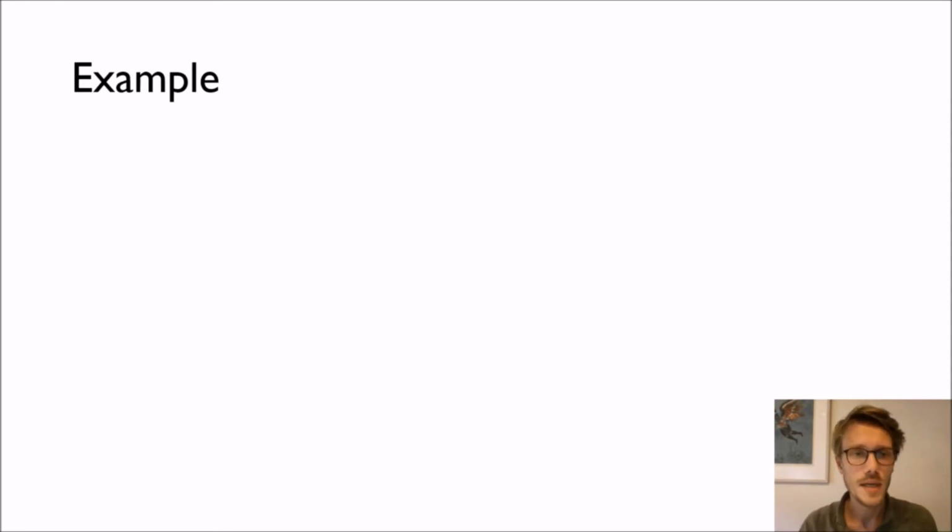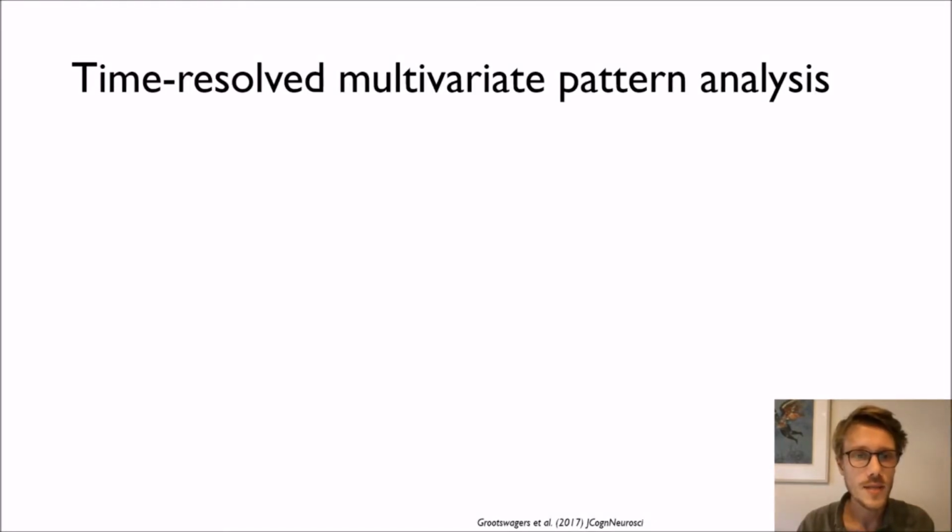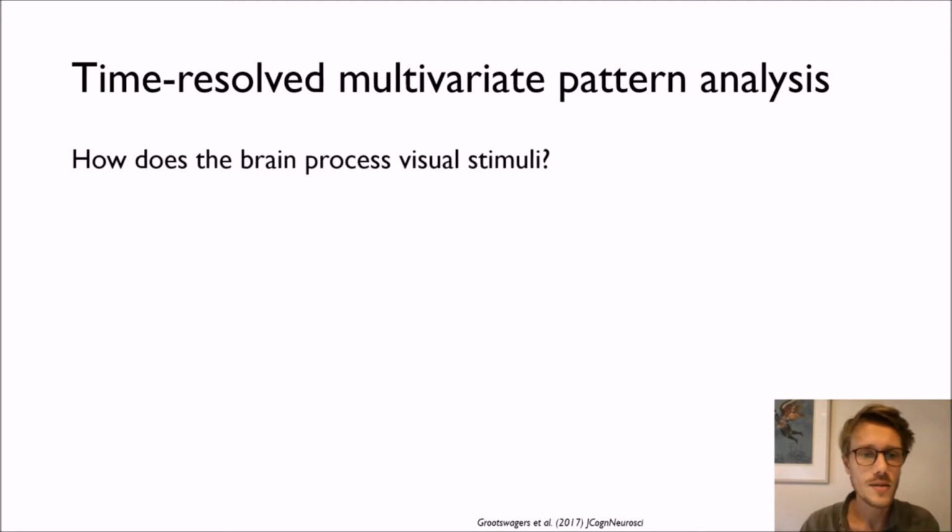So because MEG is a very fast neuroimaging technique, I will give one example of a way of analyzing MEG data that really exploits this fast sampling rate and this fast property of the MEG. The example I'll use is time-resolved multivariate pattern analysis. It's a quite recently developed technique, and it can be used to answer questions like, how does the brain process